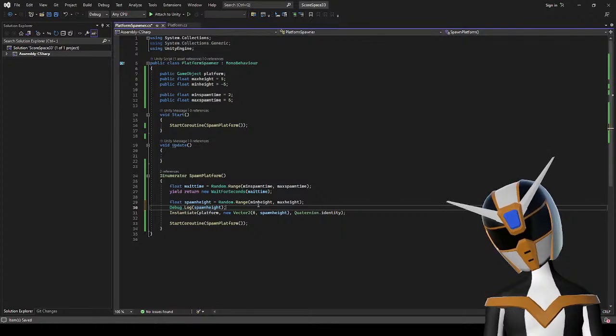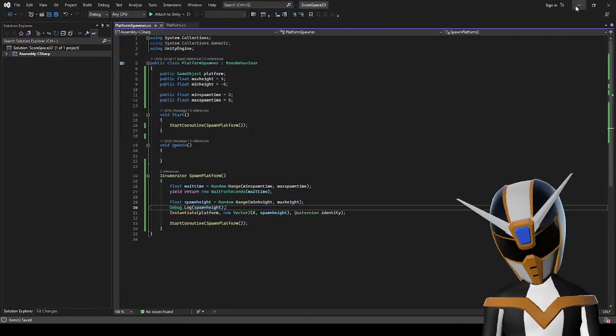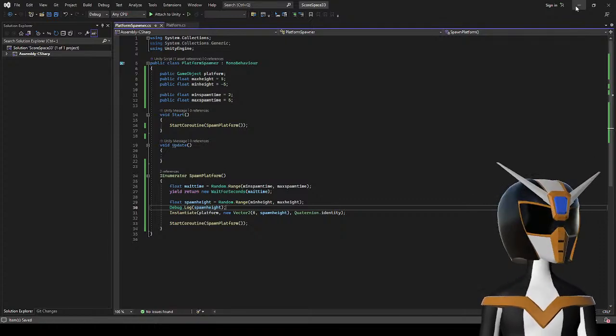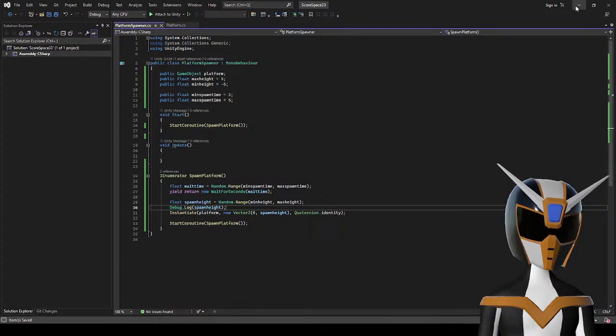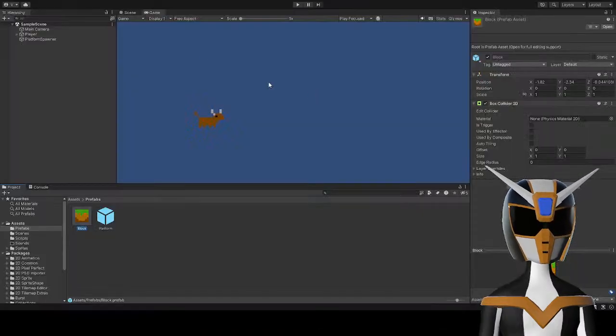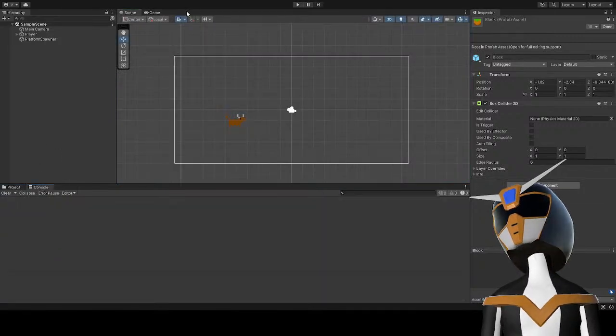Min height. I don't know why it wouldn't be working. It's just wanting them the same height every time. Okay. Anyway, let's just see what happens now.